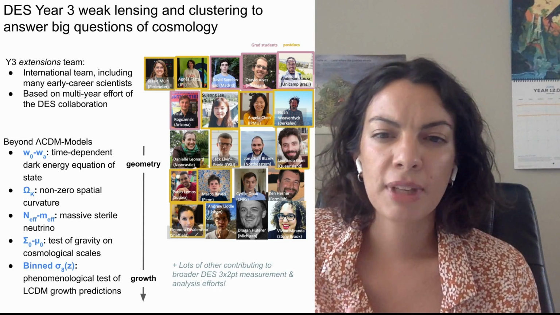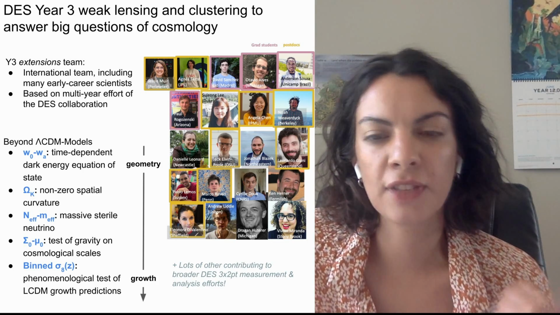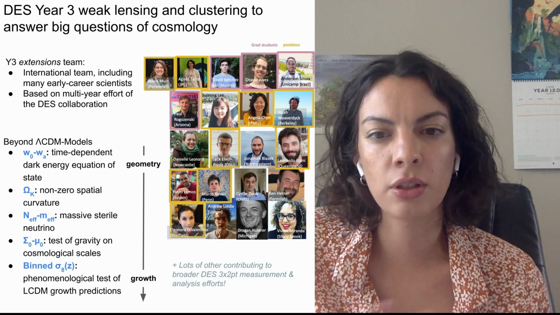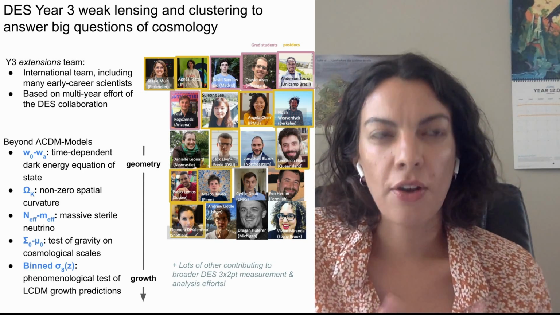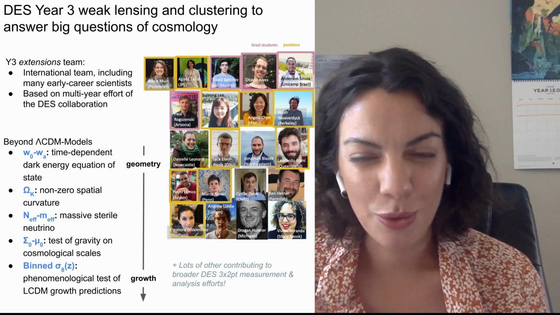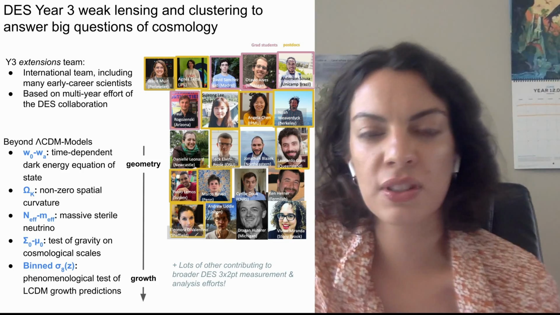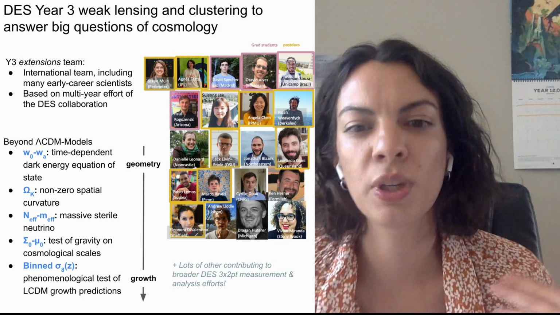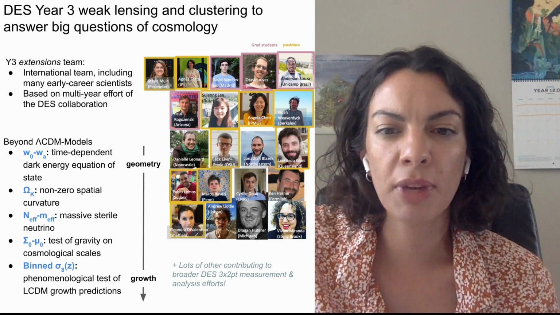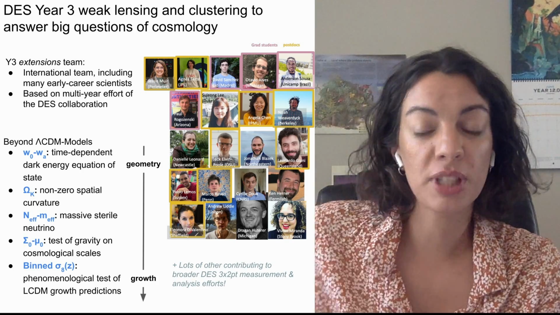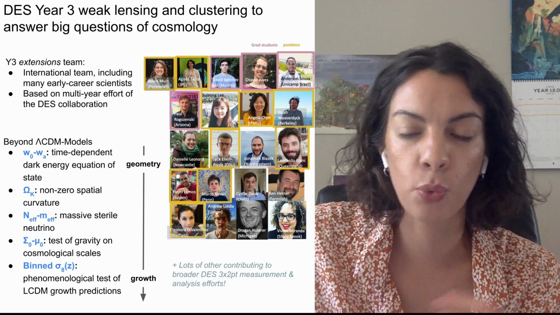We looked at massive sterile neutrinos, which we parameterized by N_eff and m_eff, which we're going to come back to later. We also do a phenomenological test of gravity on cosmological scales using the Sigma-mu parameterization, which we will also develop later on. And we also measured sigma 8 in different redshift bins to test if there is any deviation from what we